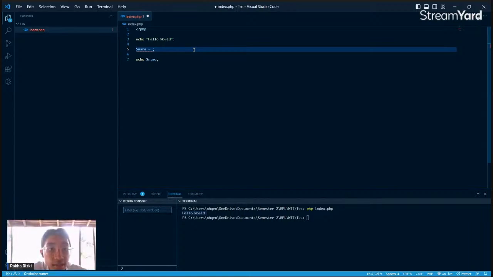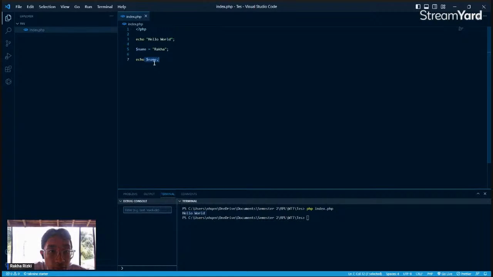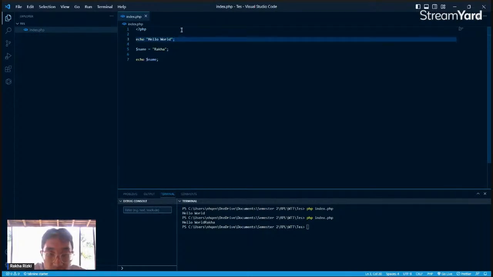Then if we are running this, if we are running PHP index.php, and we enter, okay, hello world and Rakha.